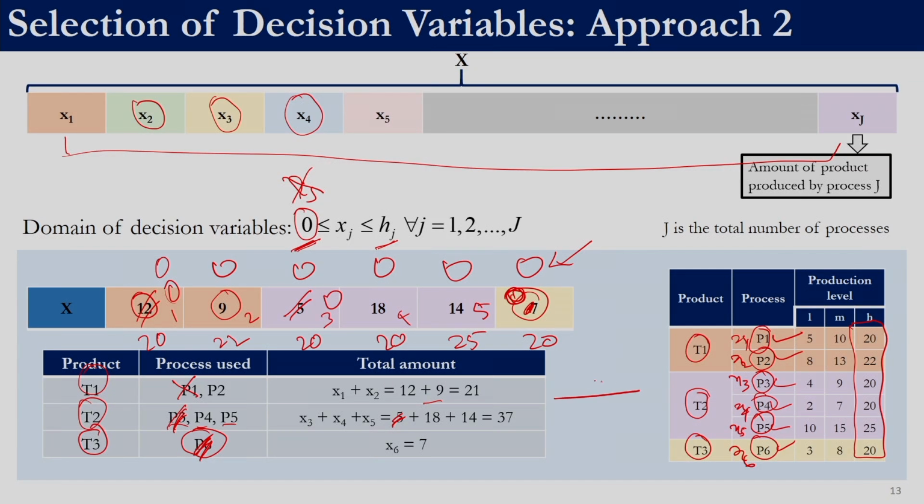So, let us consider approach 1 and approach 2. Let us say these are binary variables and these are continuous variables. Let us say we had T products and P processes. In that case the number of binary variables that we had was T plus P. The first T will tell whether a product is produced or not, the second P will tell whether a process is used or not, and again we had P continuous variables, which tell us how much we are producing from each process.